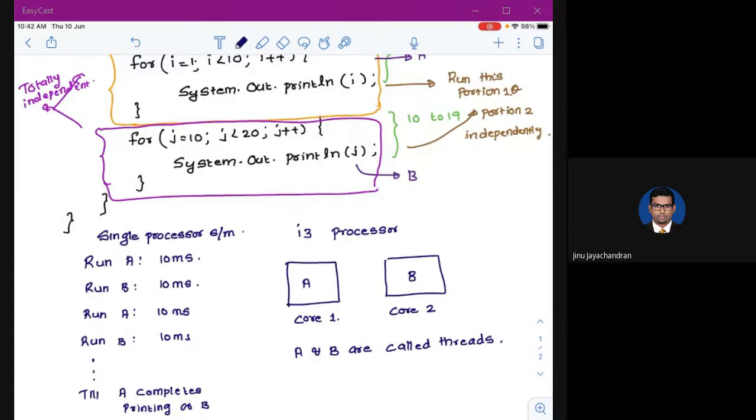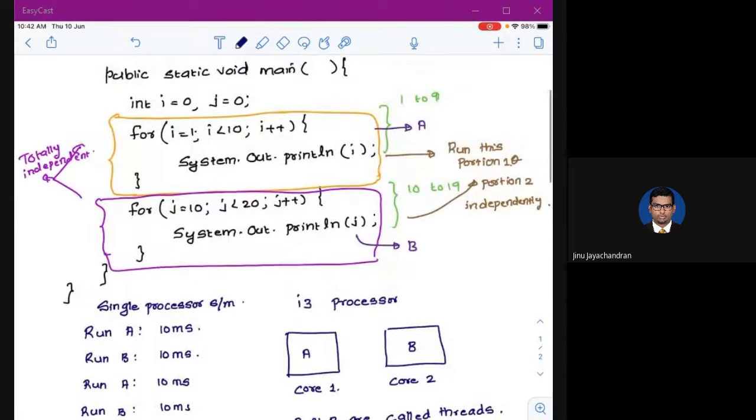So if you didn't make A and B threads, what will happen is first A will start running, it will complete, then only B will start running and it will complete. Let's say A takes 1 second to complete and B takes 1 second to complete. Then the total amount of time it will take to complete the program is 2 seconds, if there is no thread.